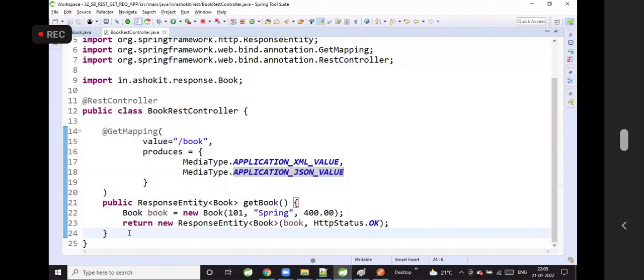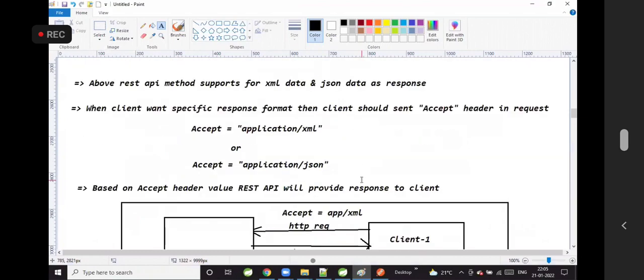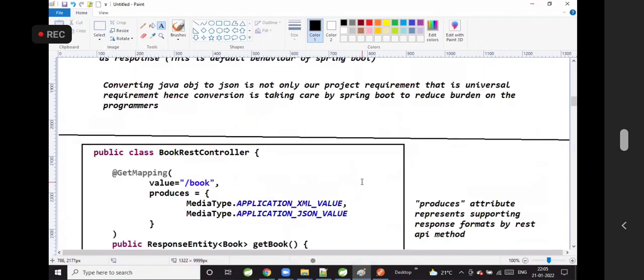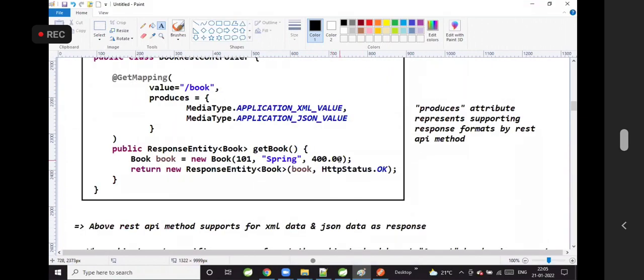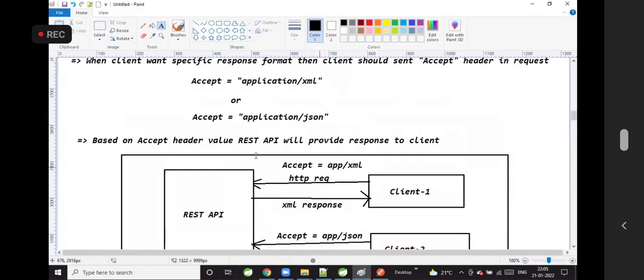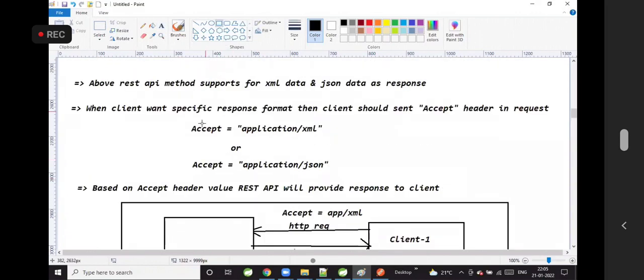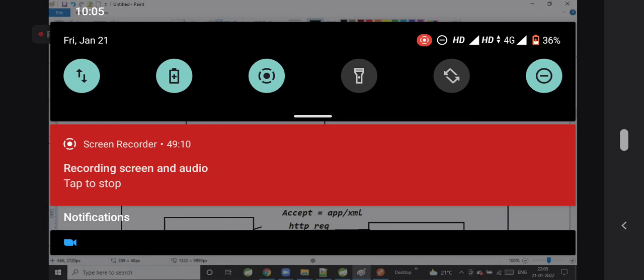Okay. Now here, how can clients get the response in whichever format they want? By using the Accept header in the request. When a client is sending a request, the client should send a